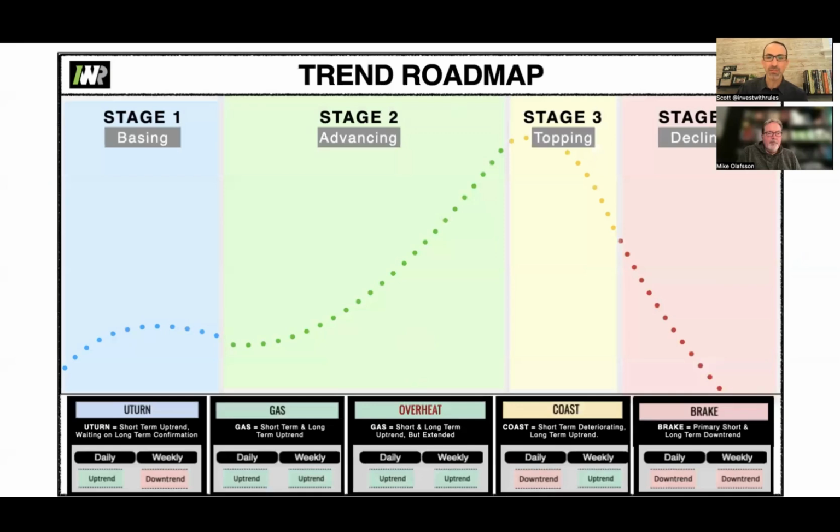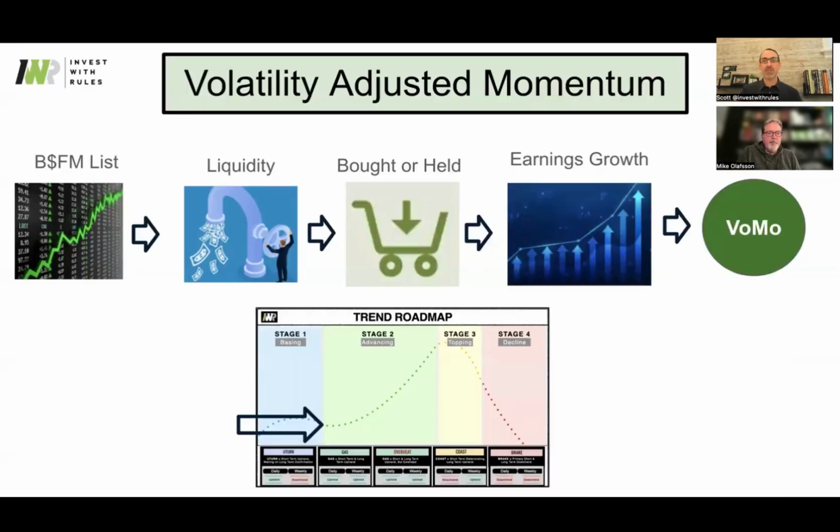So speaking of trend roadmap, I'm going to stop there. Mike, any final comments before we dive into the live sheet? Because the fund manager report, the $1 billion fund manager report for November, it's kind of funny, we're in November. It's coming to a theater near you very soon, in theory, most likely tomorrow. So tomorrow's the last day of the month. We're almost ready. So that's what's going on. So any final comments on VOMO and where we're heading?